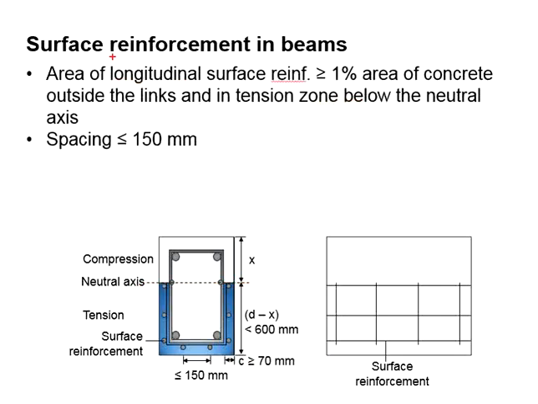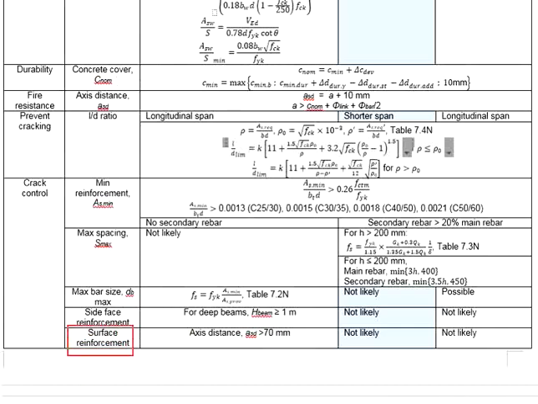The area of the longitudinal surface reinforcement bar should be at least 1% of the area of the concrete outside the shear link and in the tension zone below the neutral axis. That means we are talking about this blue area here. The amount of surface reinforcement bar will be at least 1% of that particular area, and the spacing should not exceed 150 mm. Now, this surface reinforcement bar is only applicable to beam, but not applicable for the slab